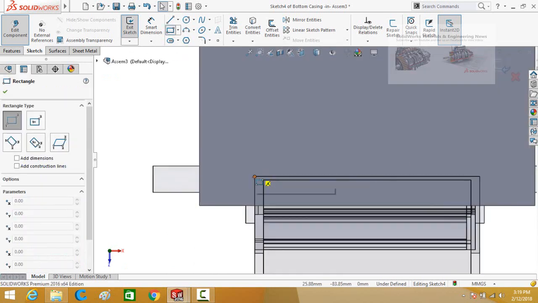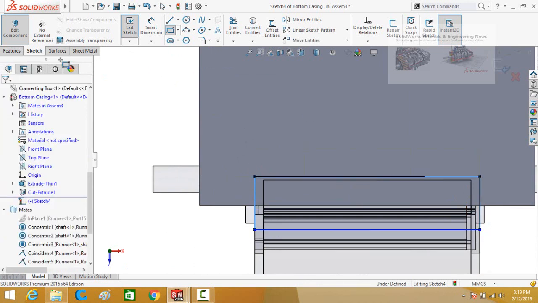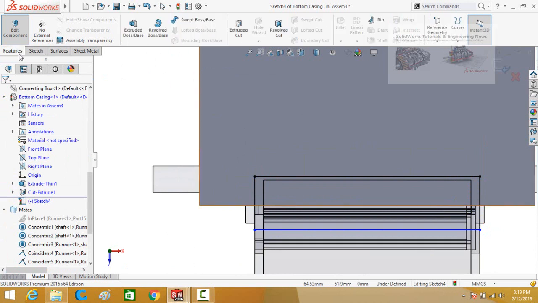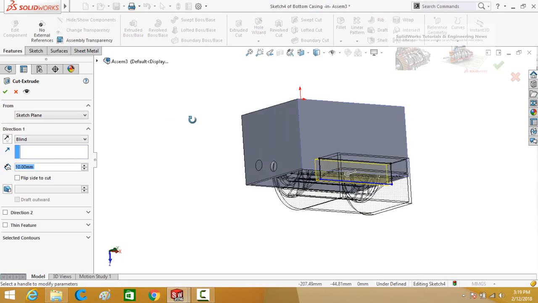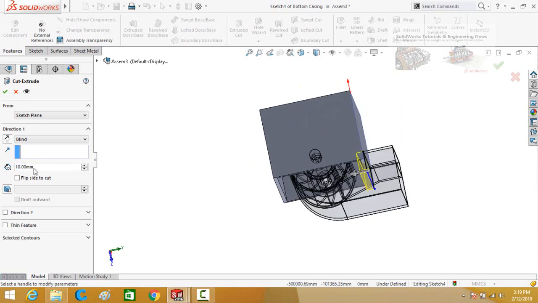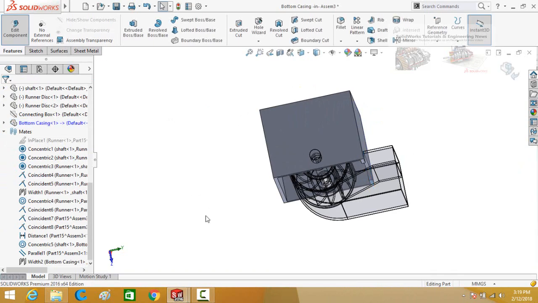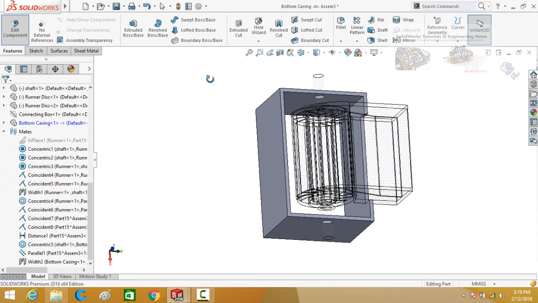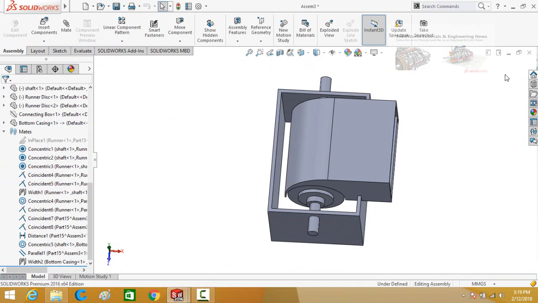Start it from this point up to this line. Press escape button and then go to features tab. Select extruded cut command. Cut it up to 10 millimeter and press OK button. Again press OK button or this button.